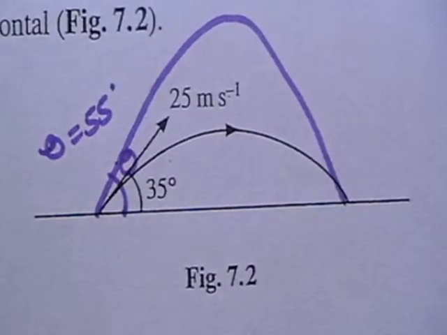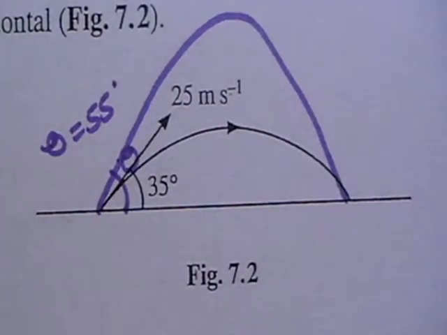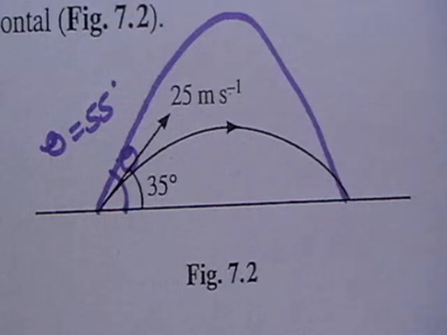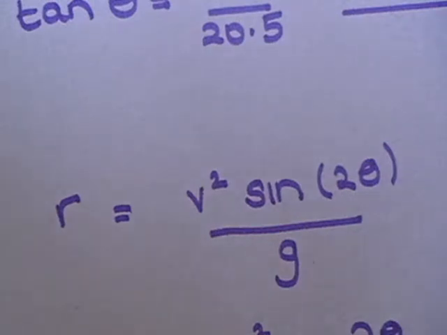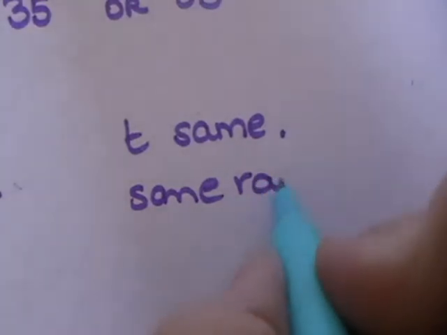Now, we're told that the range is the same horizontal range, and it will therefore have the same horizontal velocity. And since speed is distance over time, horizontally, if that stays the same and that stays the same, then the time must stay the same as well, because you've got the same range. Sorry, I realise you can't see that. You've got the same range